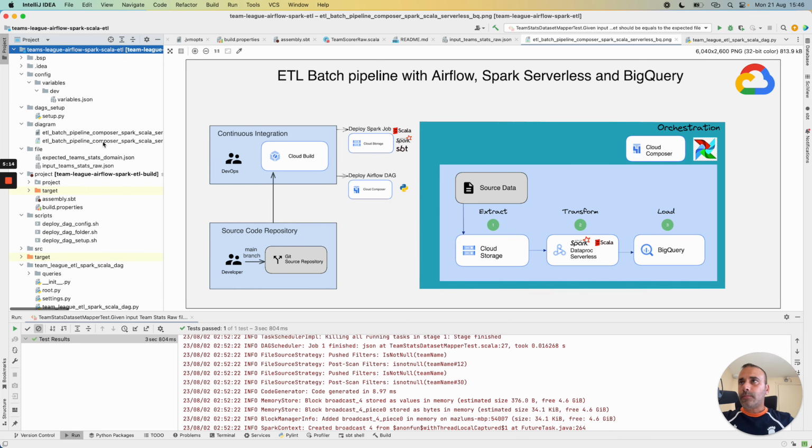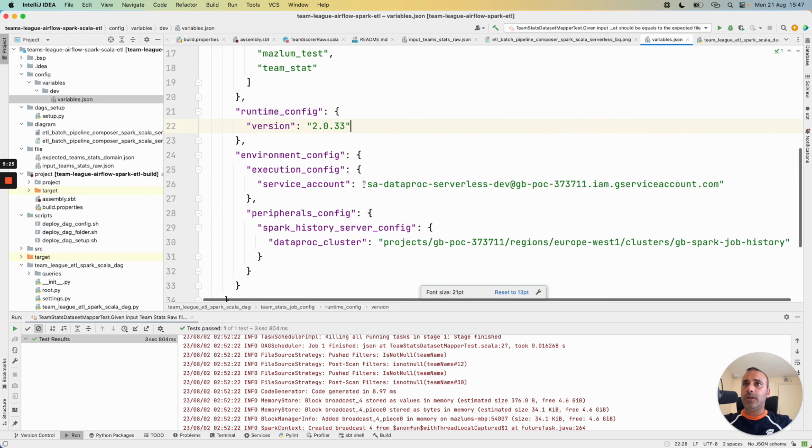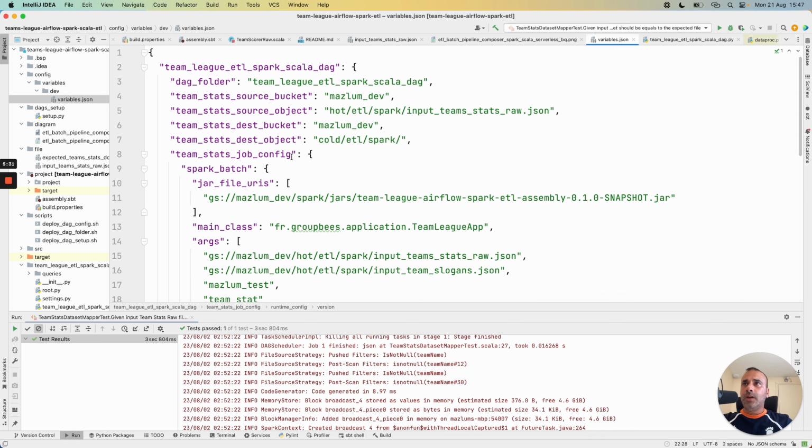For the code, as I explained in the previous video, we have the project here. We also have all the configuration for our DAG here with variables.json. As I explained before in other videos, with Apache Airflow, we can configure some elements directly in a JSON file. Then we can copy and install these variables in Apache Airflow.